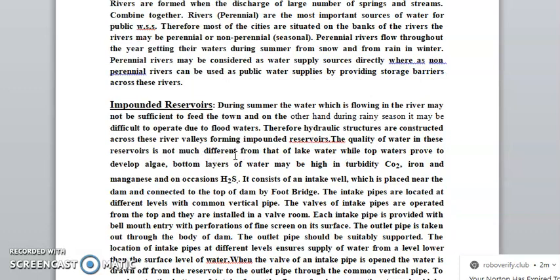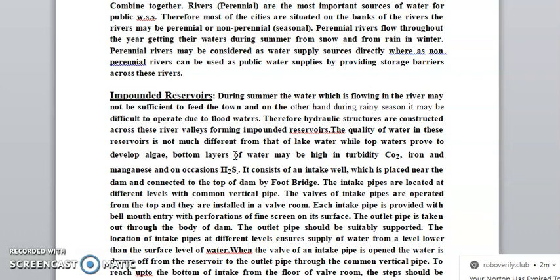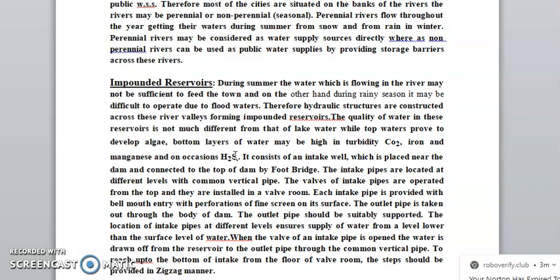The intake pipes are located at different levels on a common vertical pipe. The valves of the intake pipes are operated from the top and they are installed in a valve room. Each intake pipe is provided with a bell mouth entry with perforation of fine screen on its surface. The outlet pipe is taken out through the body of the dam. The outlet pipe should be